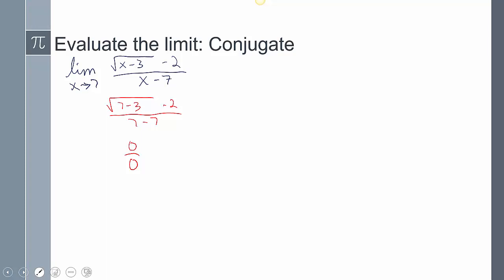The algebra technique that we're going to use is going to be the conjugate. Why do I know that I have to use the conjugate? That is because there is a square root. Typically, when we have a square root of some fashion within our function for limits, we're probably going to use the conjugate to be able to manipulate and